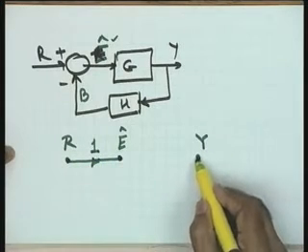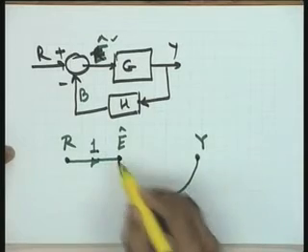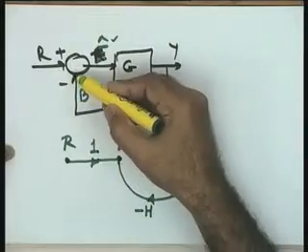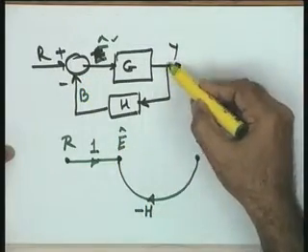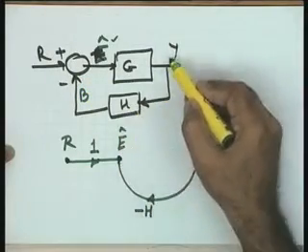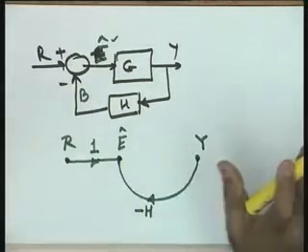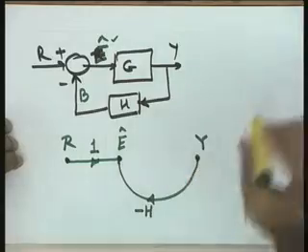Now, I am putting a branch over here and you have to tell me what should be the transmittance at this point. Should it be H? Minus H. This point may please be noted, it is minus H, because at this particular node the signal coming from the Y node is H into Y, but there is a minus sign here. Since there is no provision of taking plus or minus at the node, I am clubbing that minus sign with the transmittance. So, the transmittance from Y to E cap becomes minus H.